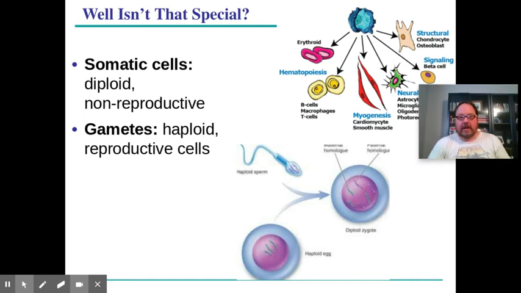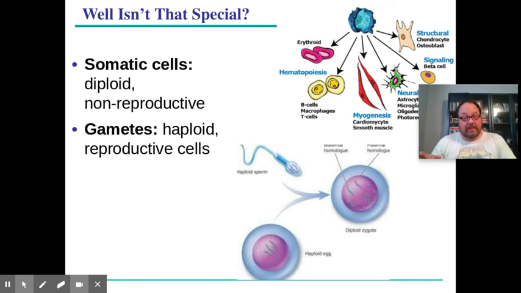All right. We have a couple different types of cells we're going to look at here, somatic cells versus gametes. The prefix soma means body. So think of somatic cells as being like your body cells. These are all the different types of specialized cells that do all these different jobs throughout the body. So almost all the cells in your body are somatic cells. And somatic cells are diploid. You have two sets of chromosomes, one from biological mom, one from biological dad. And they're non-reproductive, so you don't make new people from somatic cells, with some notable exceptions.